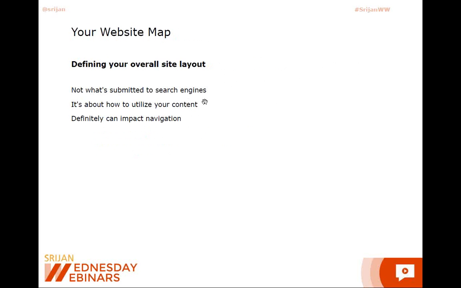So it will also have an impact on the way that you design your navigation on the site, because when you think about the different pieces of website copy that you've written, there's a way that people need to be able to get from one piece of copy to another piece of copy. You're not just going to create one really long page on your website where they scroll down forever and ever to get to all of that stuff. So that's what your website map is going to do for you, is give you the architecture of your site.